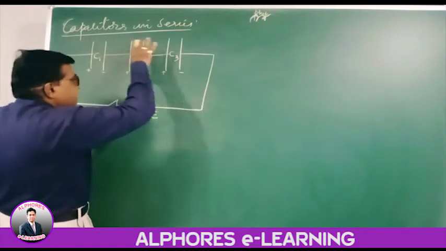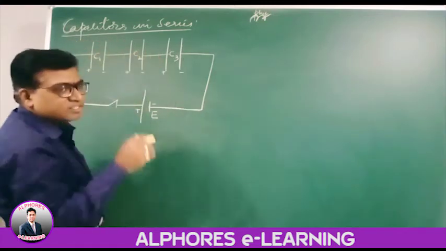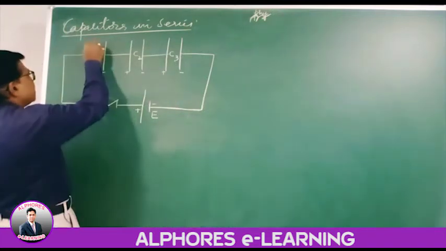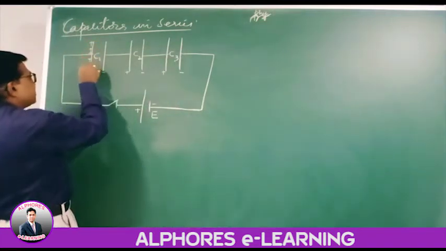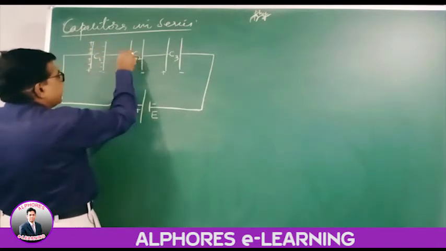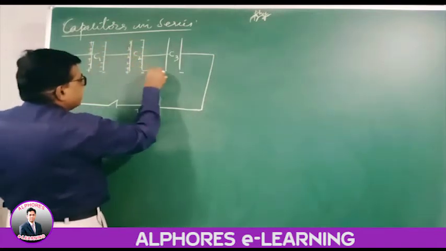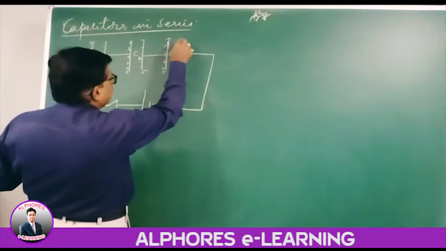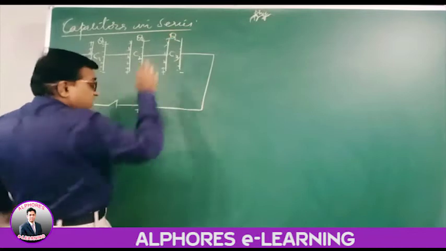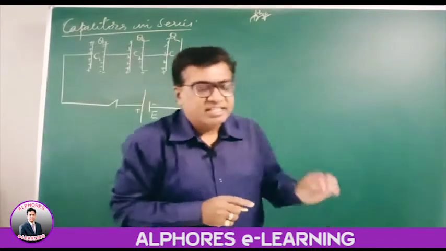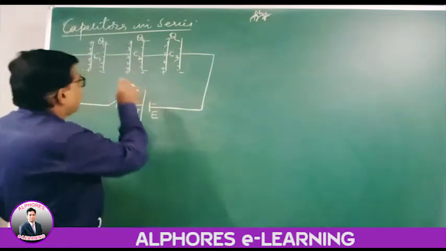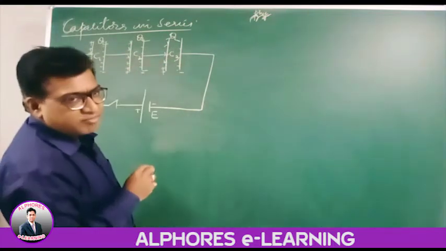Now in series connection, all the capacitors attain the same charge. So this is positive; first this capacitor will get a charge Q, and this is minus. Similarly this plate will get plus, and this is minus. Similarly this also will get plus and this is minus. So all the 3 get an equal amount of charge. In series combination, the charge in all the elements will be the same. In series, charge remains constant.